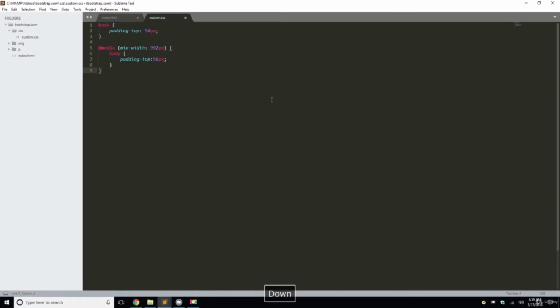Okay. Then we're going to do a class of carousel dash item, and we're going to do height 65 VH, min height 300 pixels,